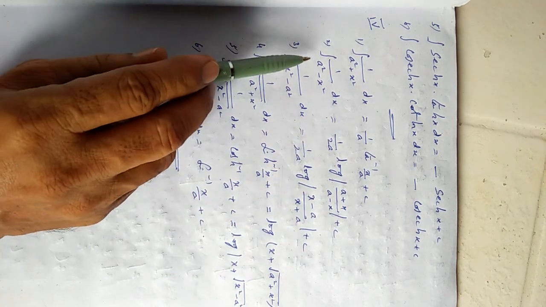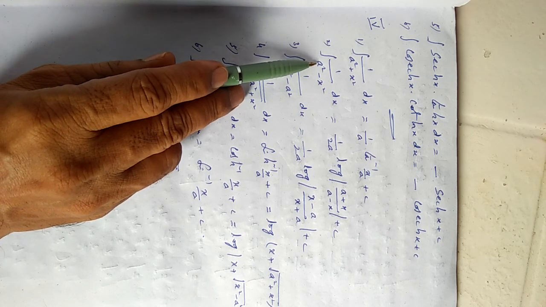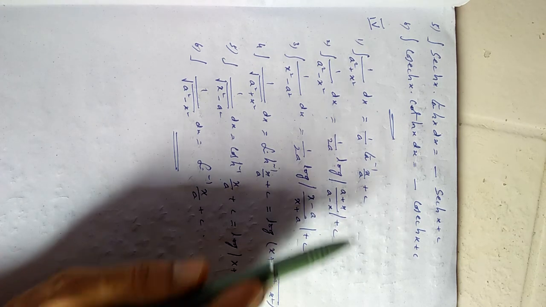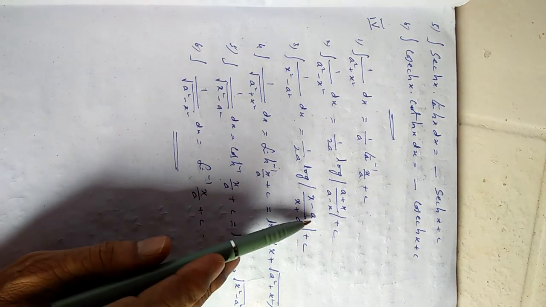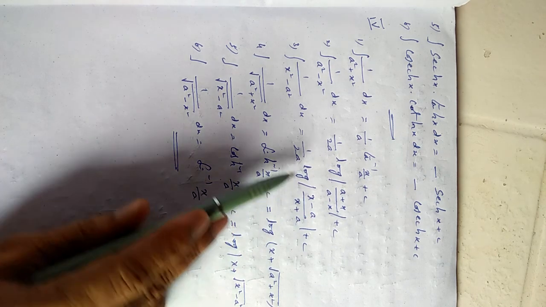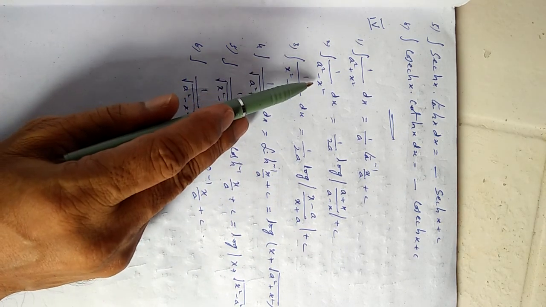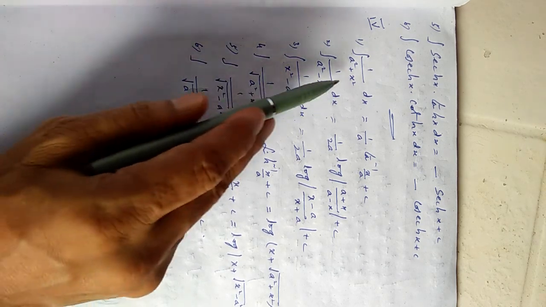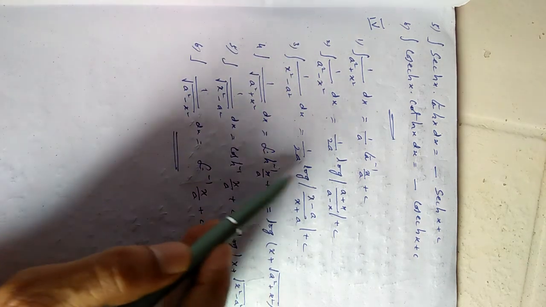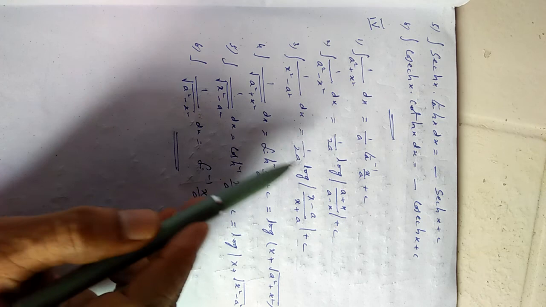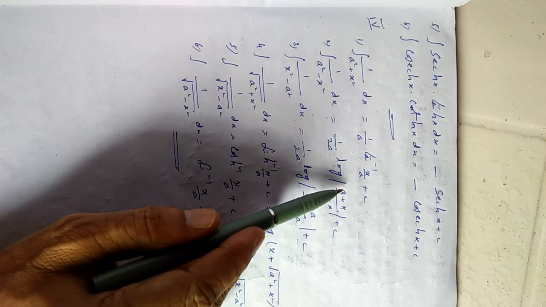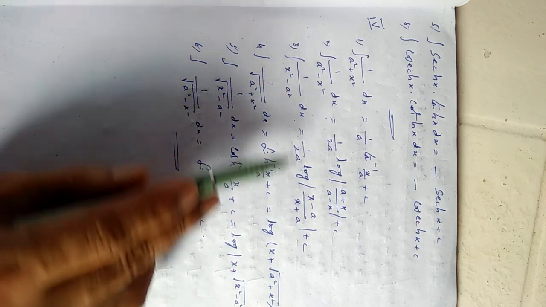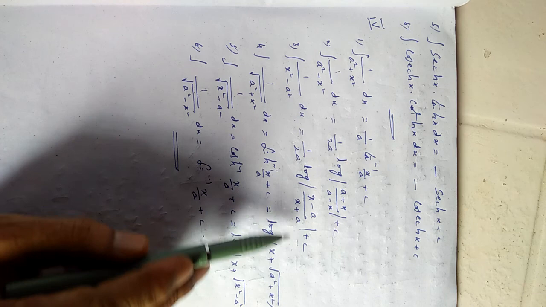I already mentioned this here, we have already taught it. Here a is a constant symbol, a plus x, remember. Here the constant symbol is minus, and in the numerator minus is there. That means integration 1 by a square minus x square dx or integration 1 by x square minus a square, these 2 formulas are very important, but there is just a change. 1 by 2a log, both are equal, but here the constant is plus, so we take a plus x by a minus x. Where the constant is minus, we take x minus a by x plus a plus c.